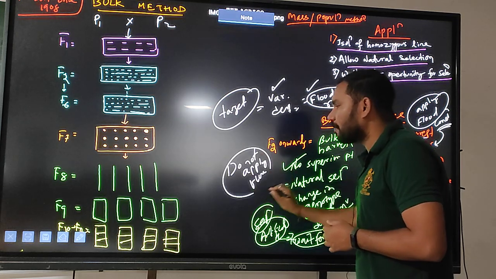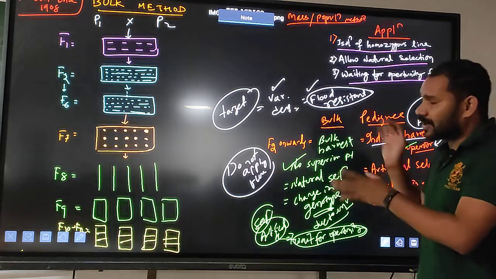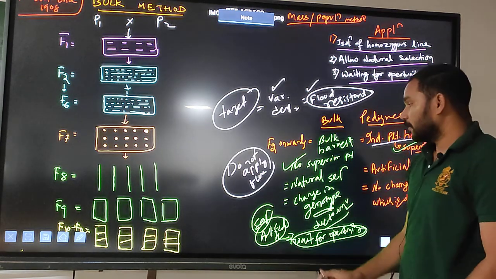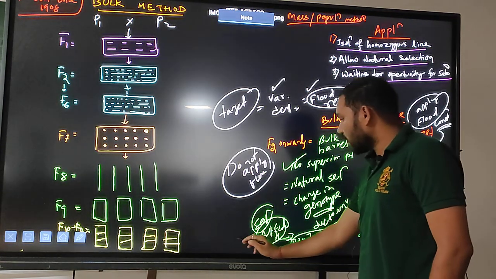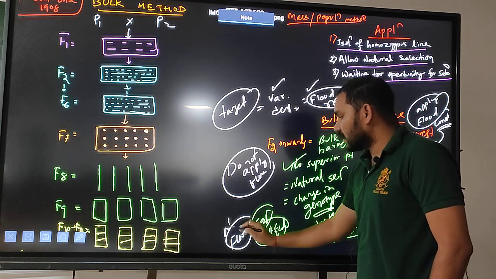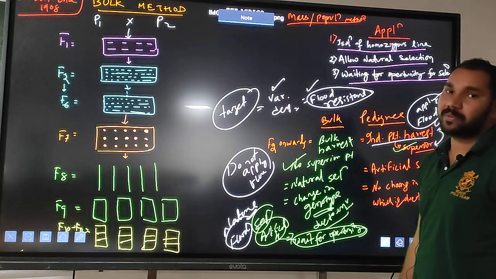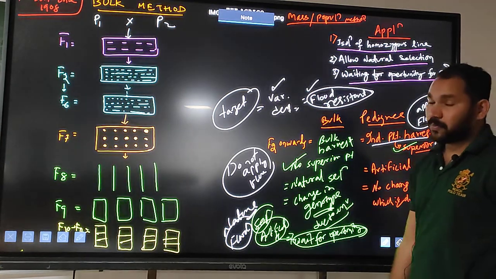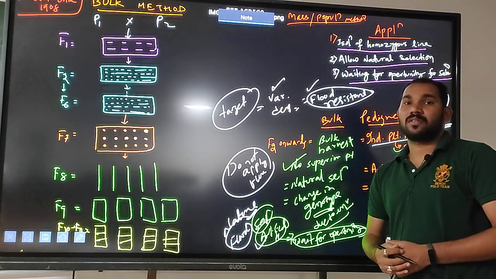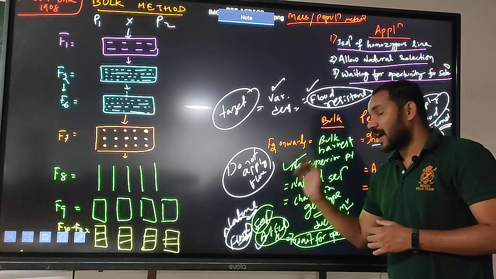I do not apply the flood condition. Whatever the natural condition is there, I will grow the plants, then go for the bulk harvest. If there will be a flood by nature, this is a natural calamity. If a flood condition comes in 1 year, then go for the artificial selection. Till the flooding condition, till the natural calamity, I have to wait.